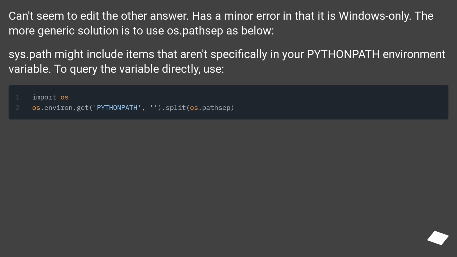Can't seem to edit the other answer. Has a minor error in that it is Windows only. The more generic solution is to use os.path as below. sys.path might include items that aren't specifically in your Python path environment variable. To query the variable directly, use